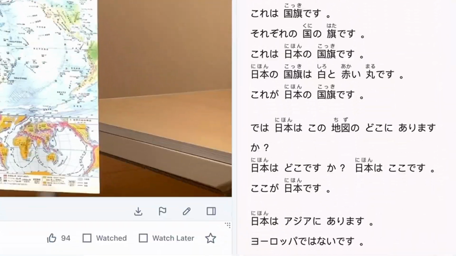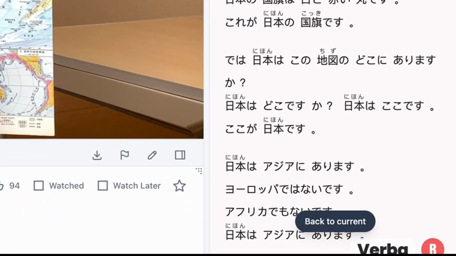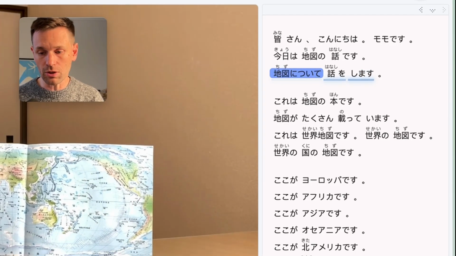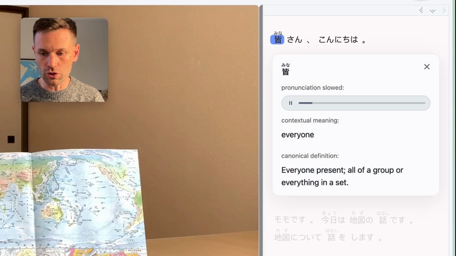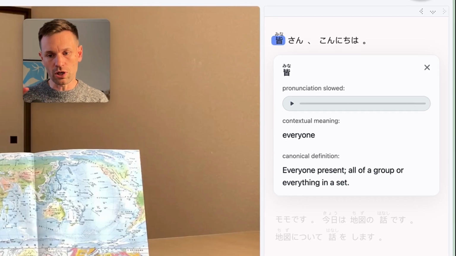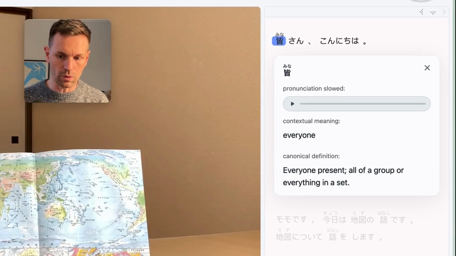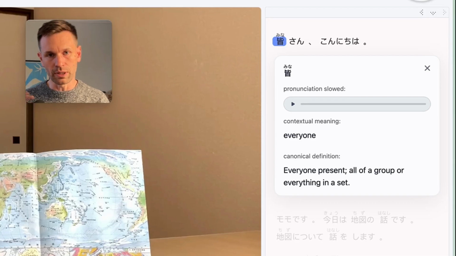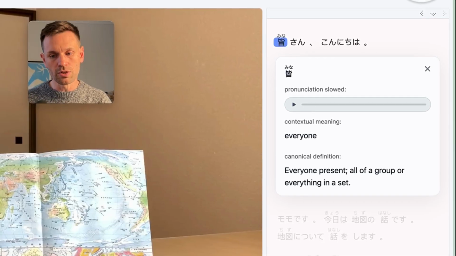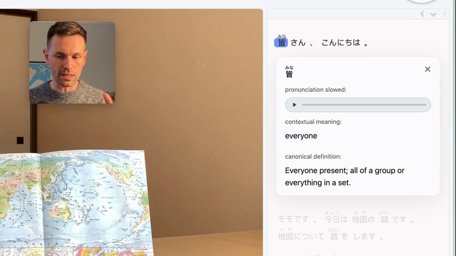If the transcript goes out of sight, you get this button that appears that takes you back to where the current word is. And you can click on any word and it's going to show you some information about that word. It's going to give you crisp, slowed down audio so you can really hear how that word is pronounced. But it's also given to you in a randomized voice, so you're getting exposure to how words sound in different